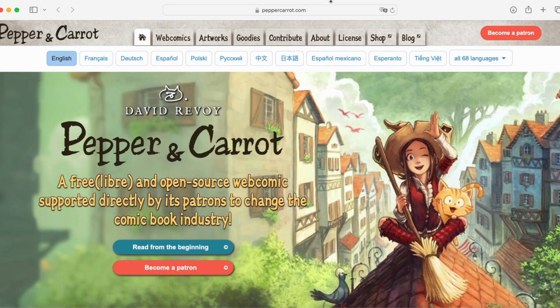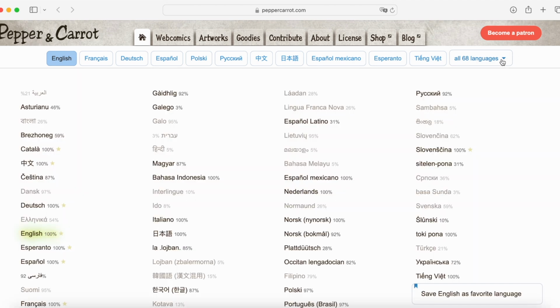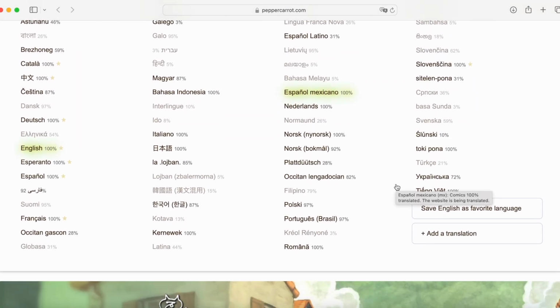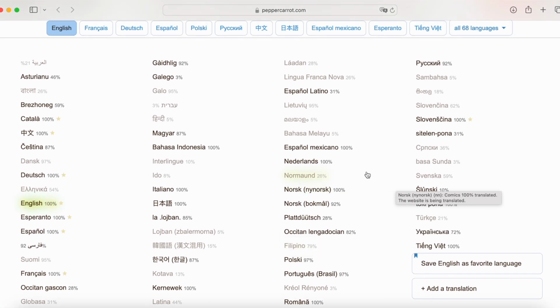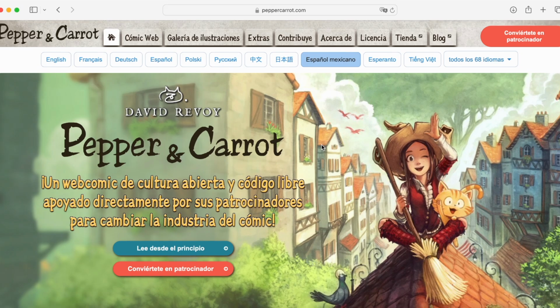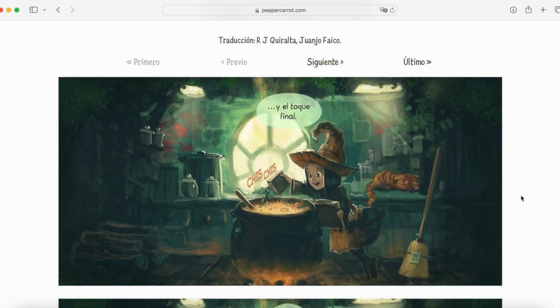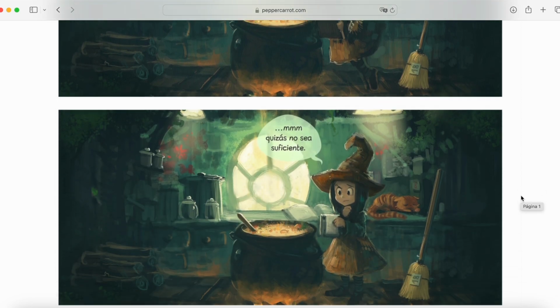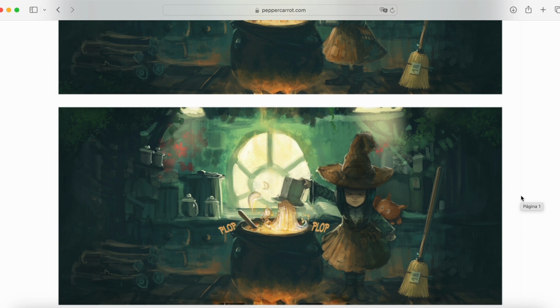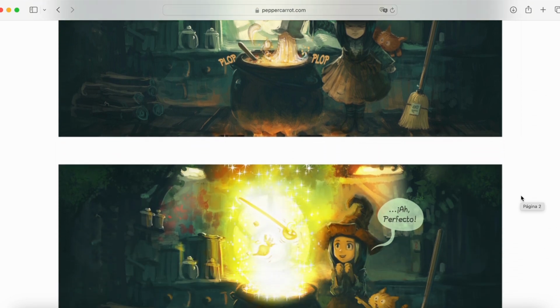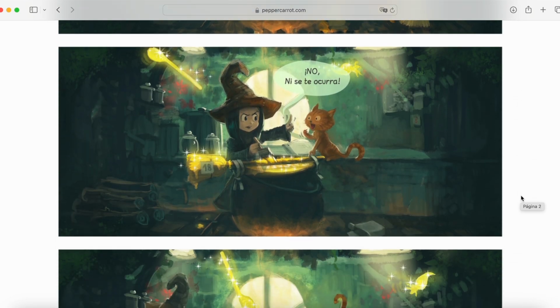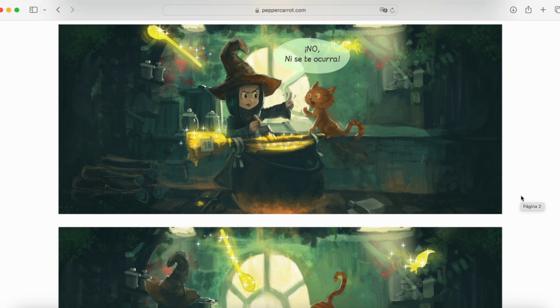Then there is a site. In Spanish, the story is called Pimiento y Zanahoria. This is a webcomic type thing that has been translated into so many languages. It is translated into Spanish, and you can also read it in English, or likely whatever your native language is. So this is another opportunity to use the English translation to make it more comprehensible, even if it's a little bit above your level.